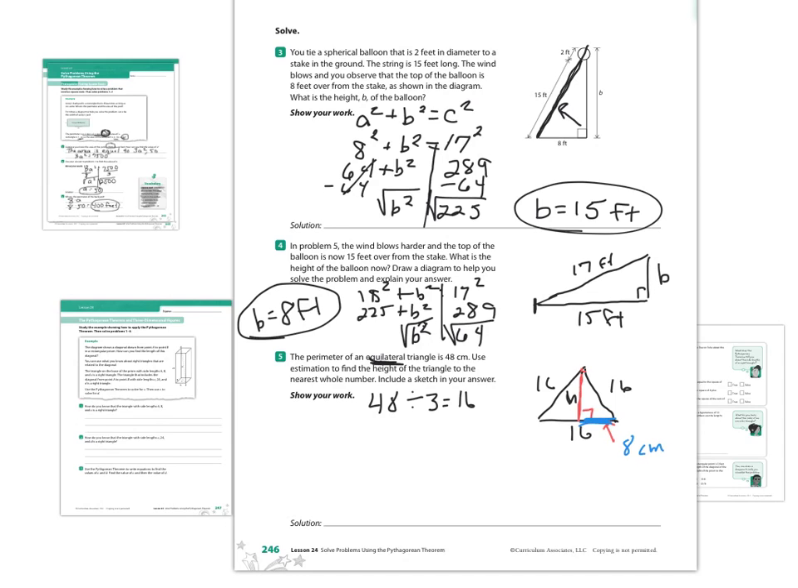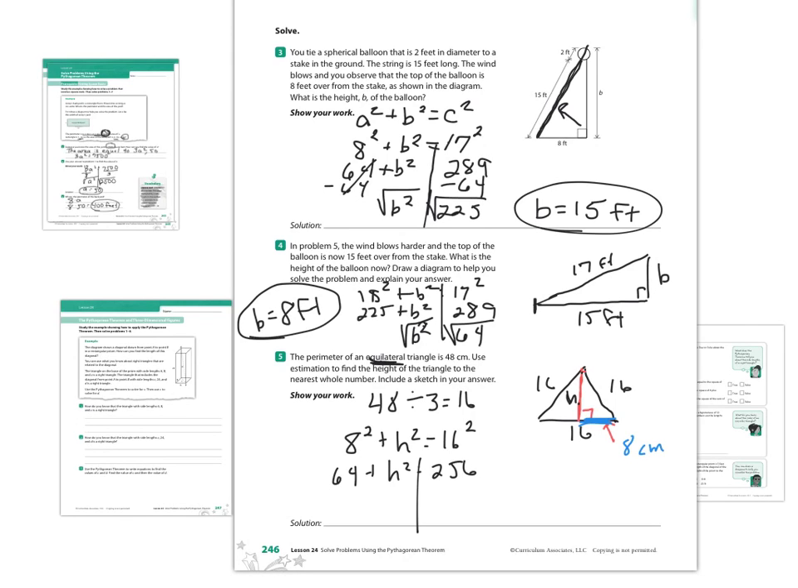So we know one of the legs is 8. We want to find the height, and I'm just going to use h for the height. We know it's a leg because it's a side connected to the right angle. We know the hypotenuse of that triangle is 16. Going through, evaluating, and then solving: 8 squared is 64. 16 squared is